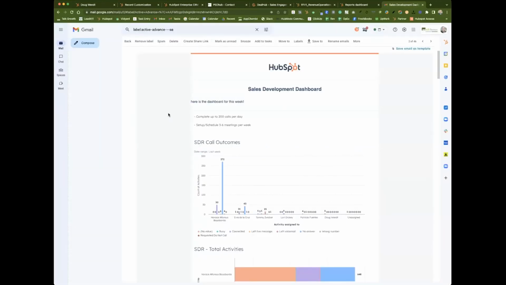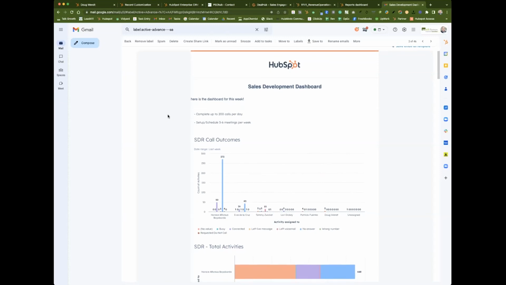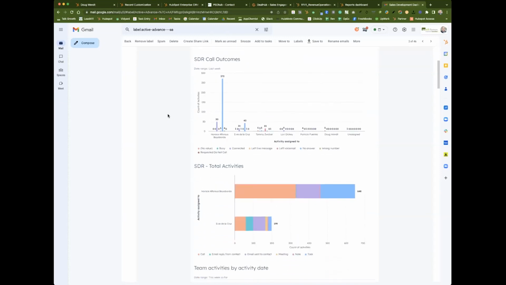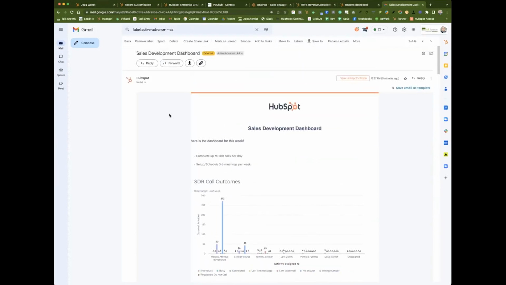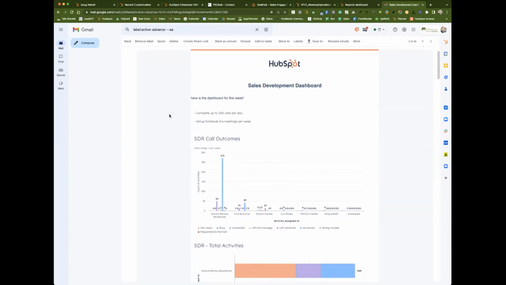Here you go. I wanted to just show this as a live example. I emailed this from HubSpot, and here's all the data, just as if I were inside HubSpot. And of course, I can click and go in. But again, it's not just that link. It's live information displayed in the email. It's really, really powerful. So awesome.